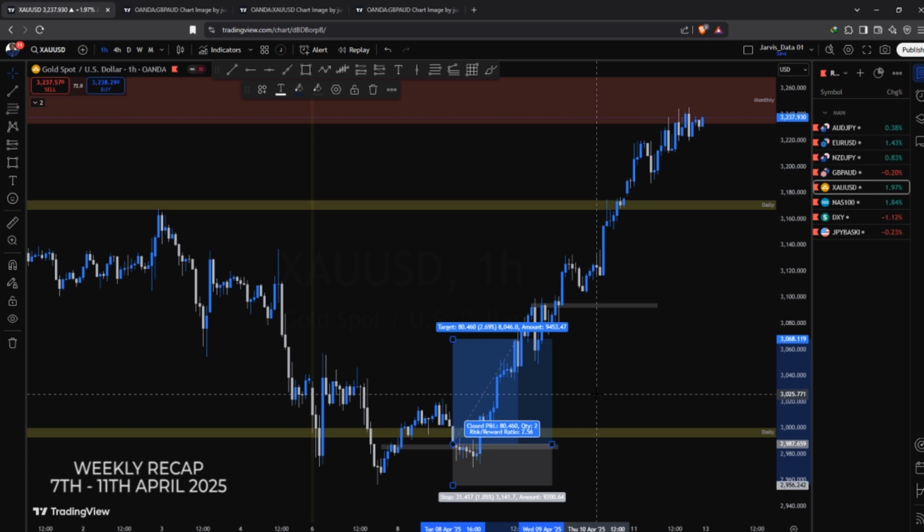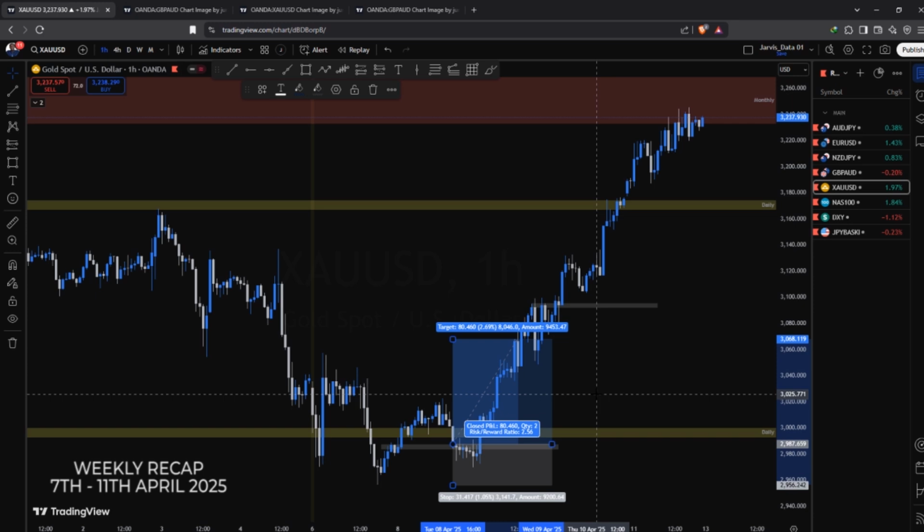But then this account is actually a prop account, and so I needed a 2.5 RR to complete the account. And that is why I only targeted 2.5. Other than that, I would have